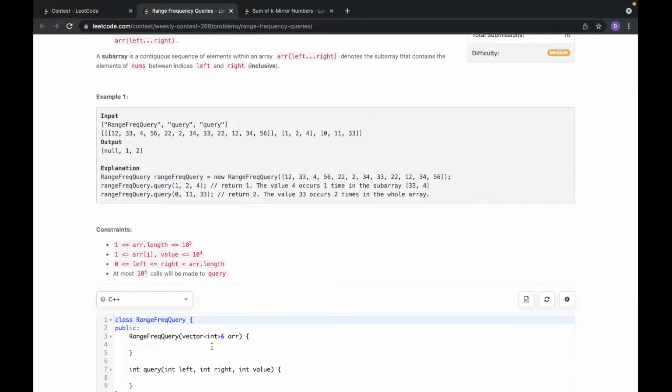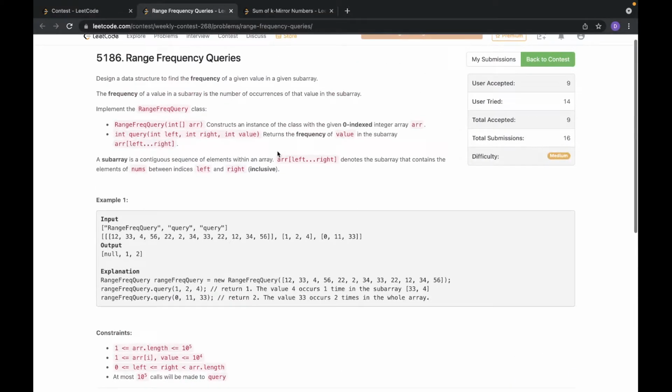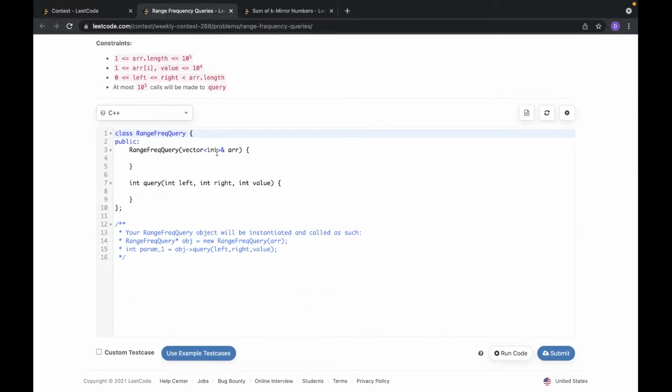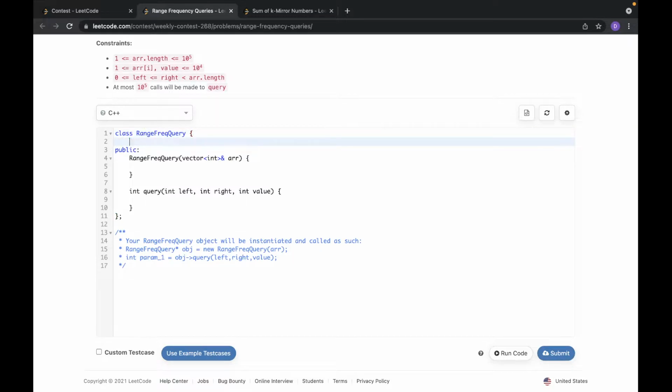Okay, so we are given an array, right? I have to find, in a given range, how many times the given number occurs, right? Yep, this should be easy. How do I do this? Okay, so we're given that the maximum value is 10 power 4. All right, so we'll simply,